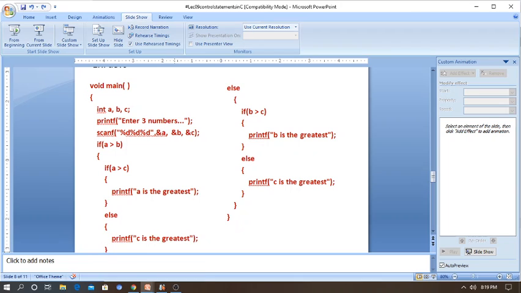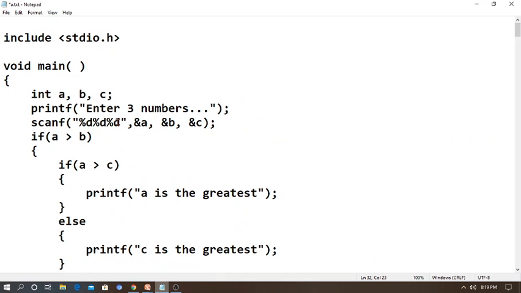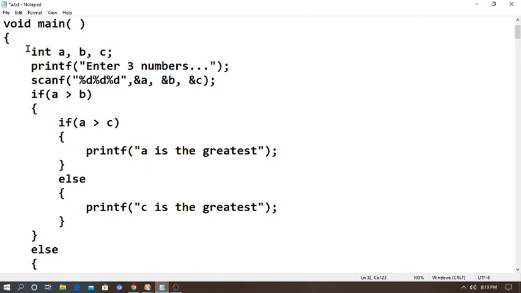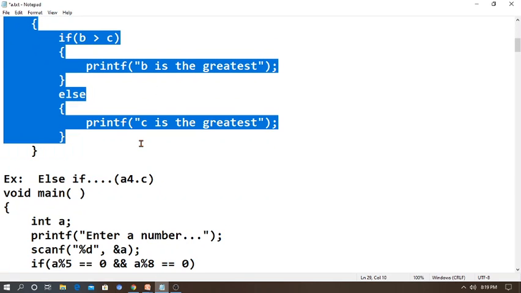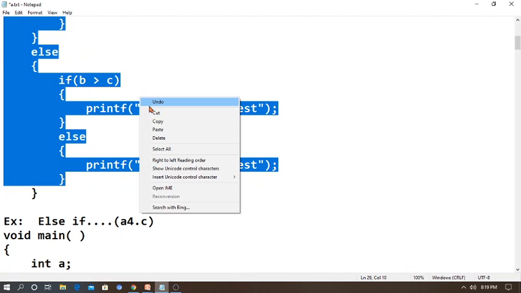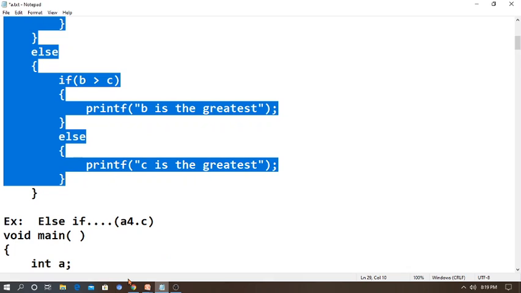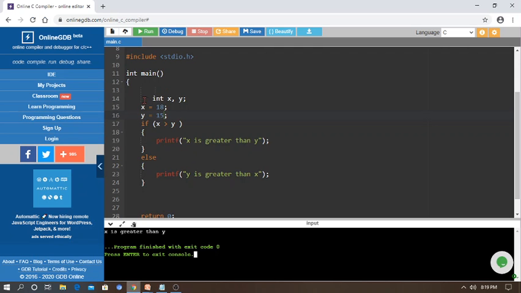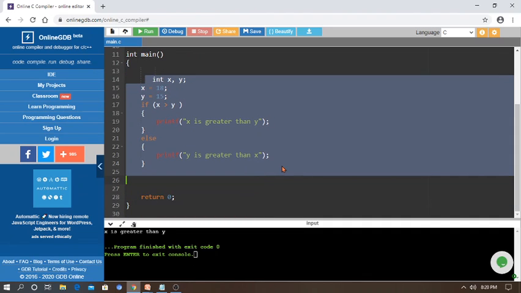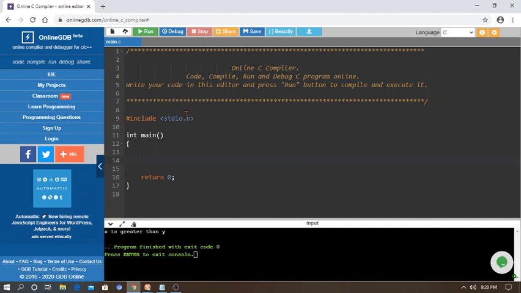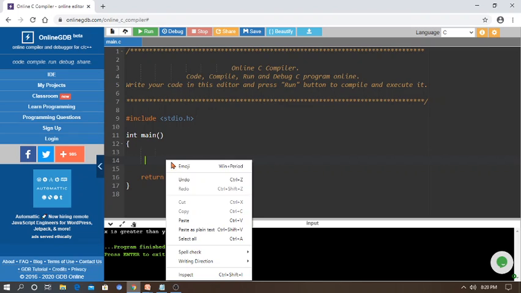So let's execute the program. I will give different outputs and show the proof here, so you can easily understand. Don't get confused here, so simple and easy. If the first condition is wrong, it will go directly to the third else block. If not, it goes and checks the nested if one by one.